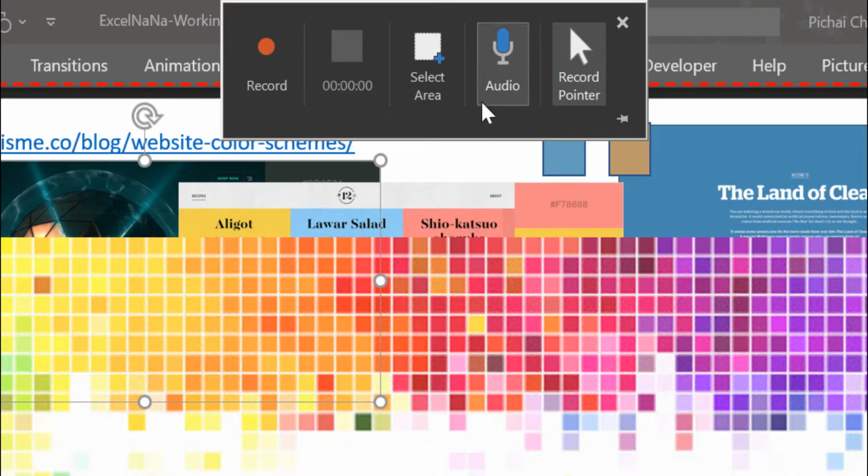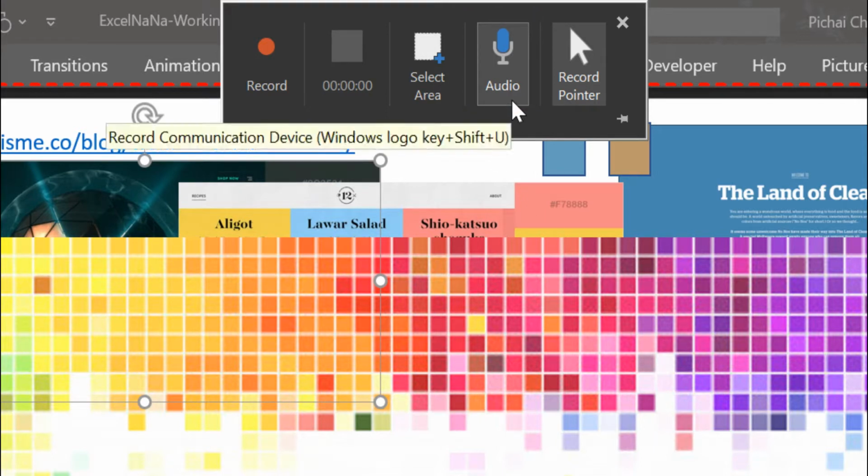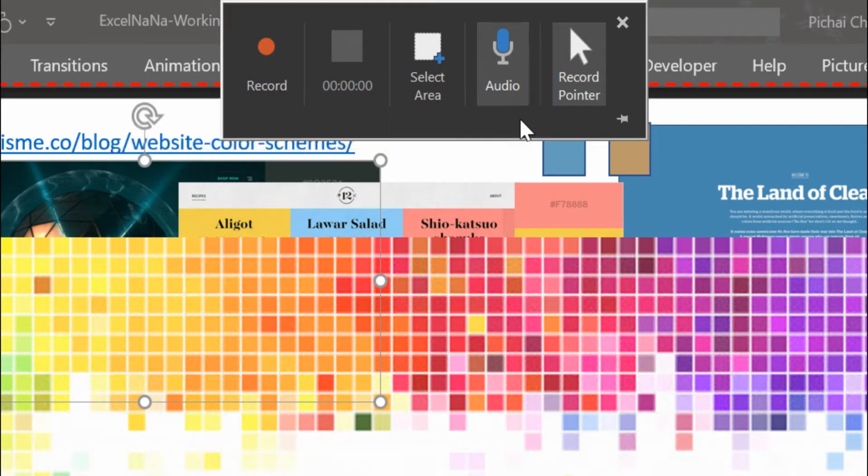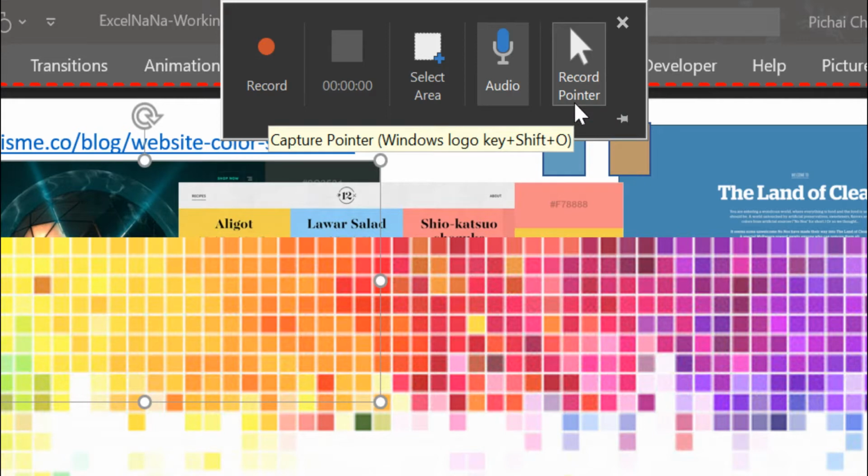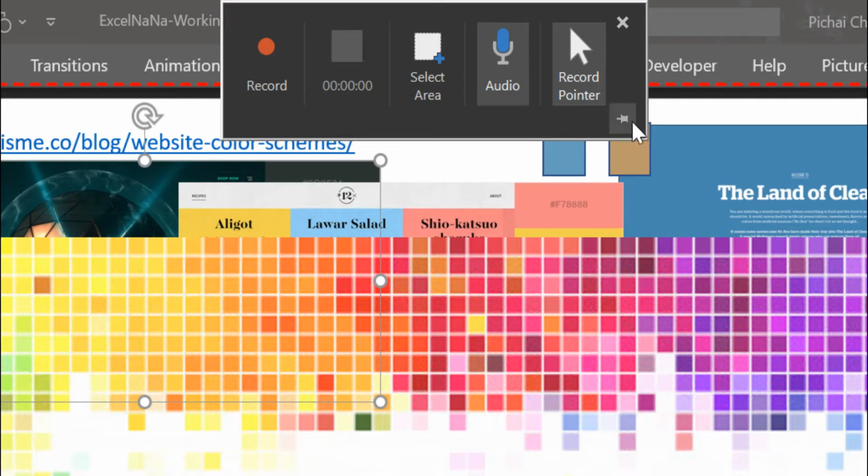Then Audio for whether to record from the microphone or not. The last is Record Pointer for whether to record the mouse pointer or not. One more below is Pin for whether to pin the toolbar to show during the recording or not.